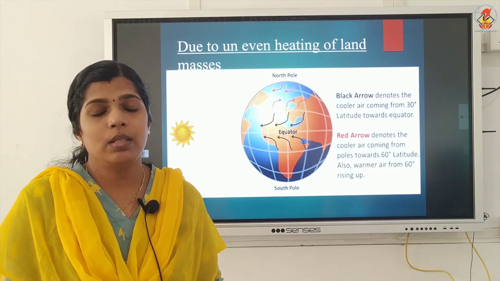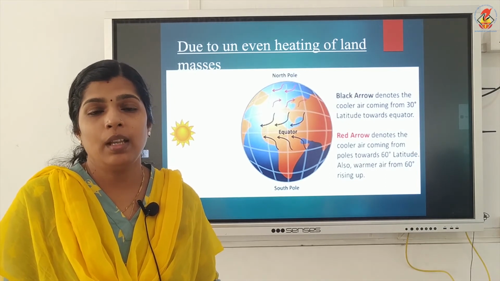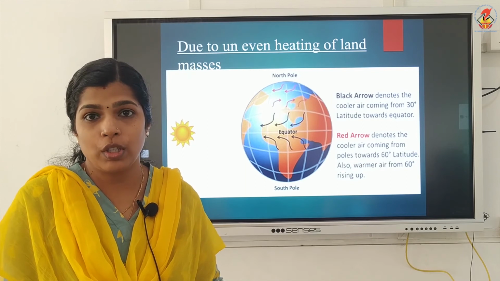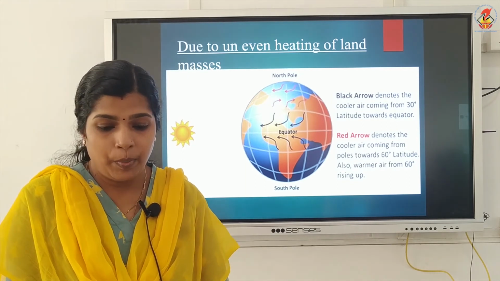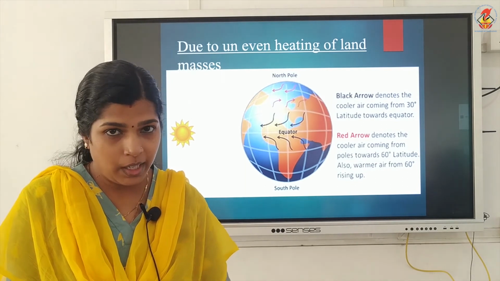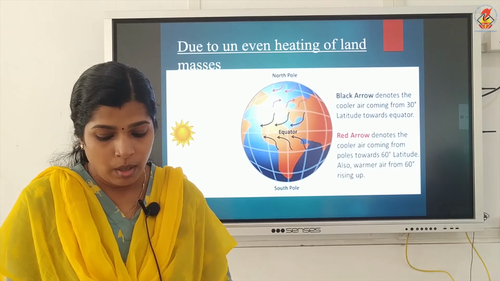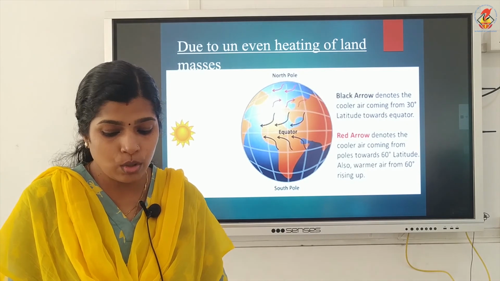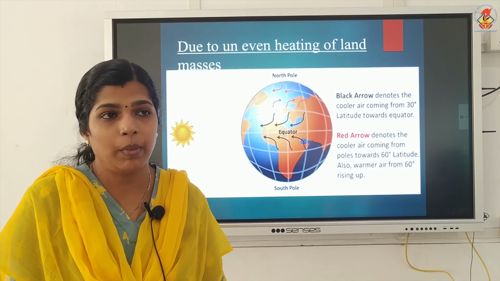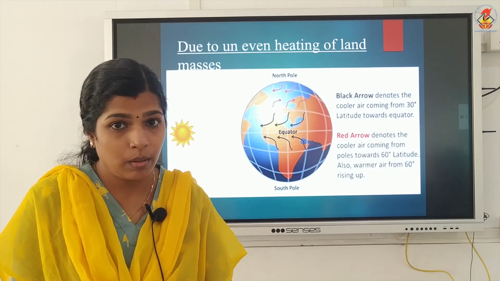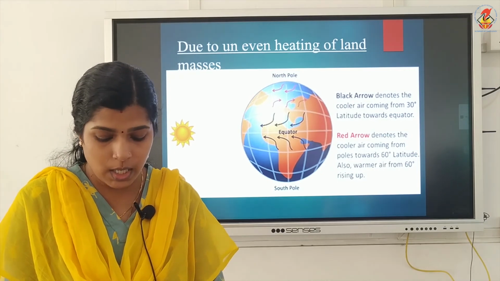So these winds will carry moisture from the ocean and bring rain. These winds are known as monsoon winds. The word monsoon is derived from an Arabic word, mausam, which means seasons.